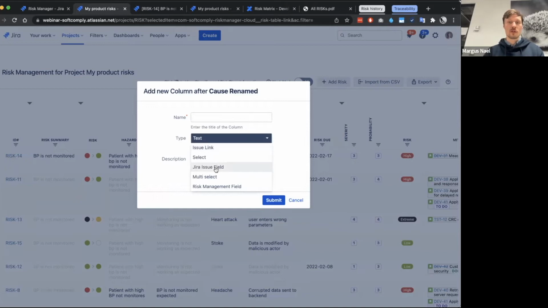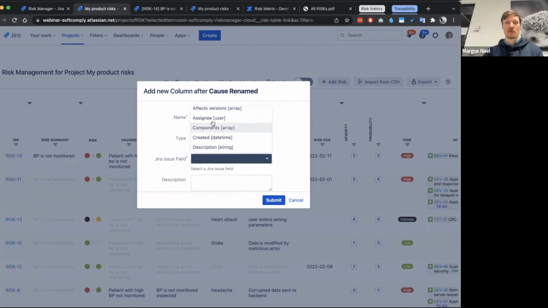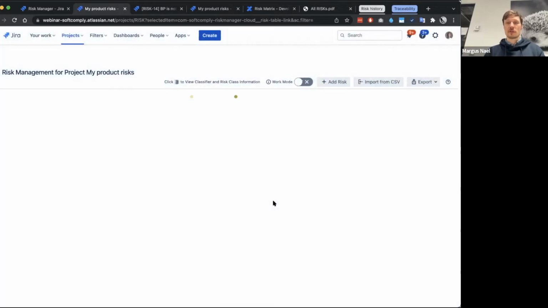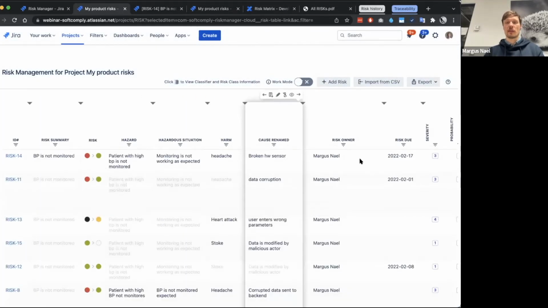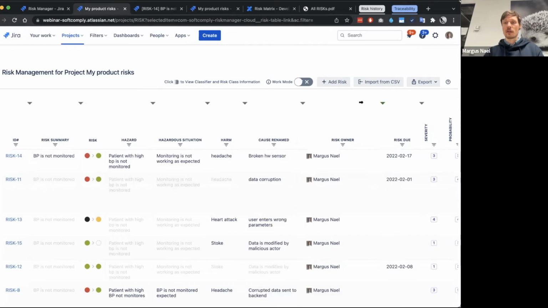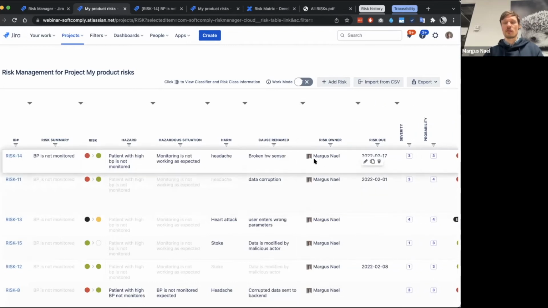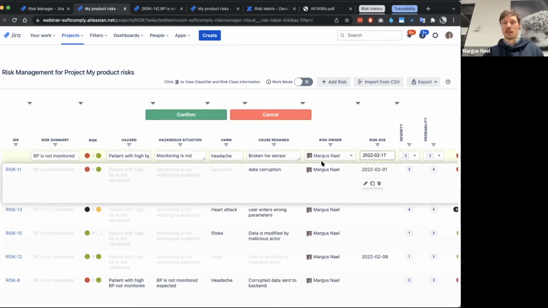Do I want to enter Jira issue field, for example, like different assignees, different dates, Jira status, priorities, things like that. And I can just add, for example, assignee as, let's say we have risk owner or risk responsible person, and now I have added this risk owner